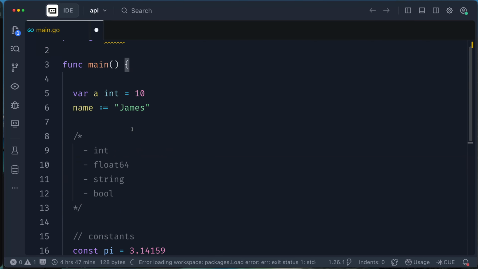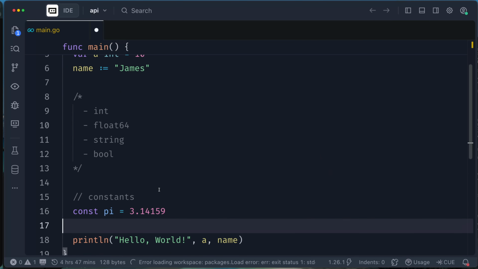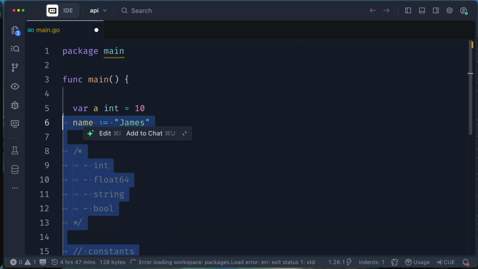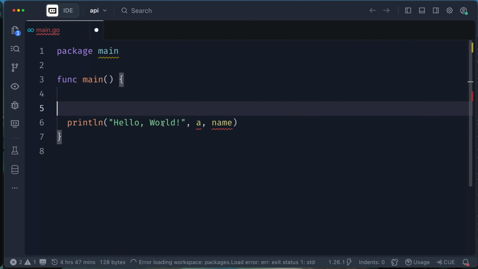Okay. Now we've done variable declaration. We need to move on to something else. Like I said in the beginning of this class, this is not trying to teach you programming language. I assume that you are a programmer, you know some few basics on programming, but you are new to Go. So we need to give you the Go way. Now move on to the next thing, which I call